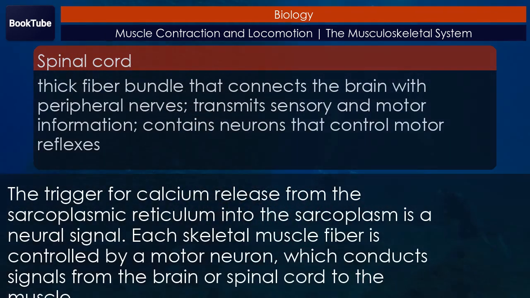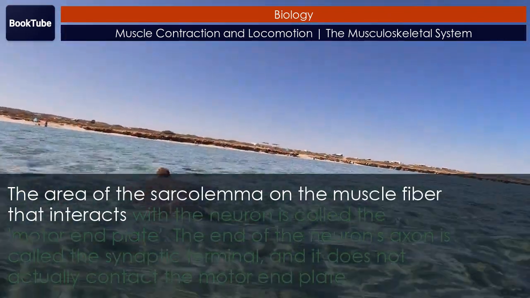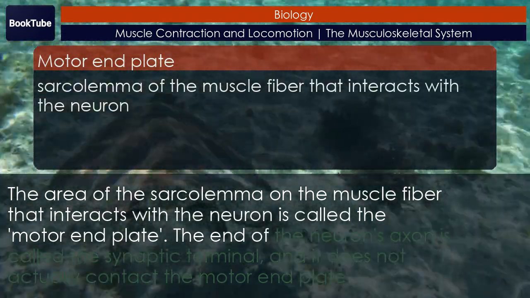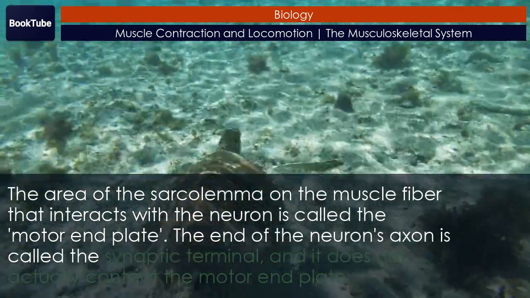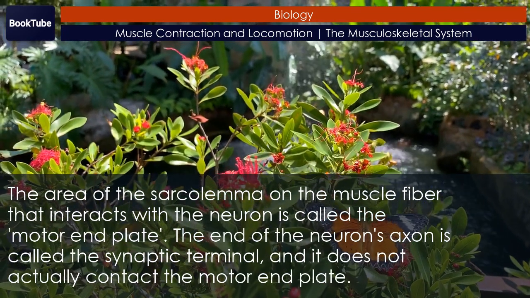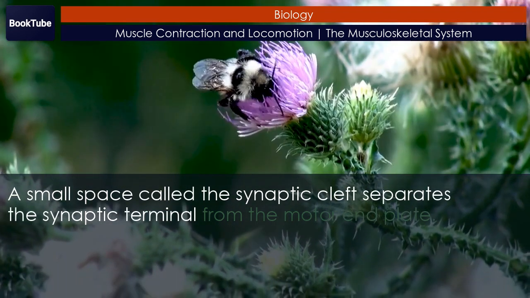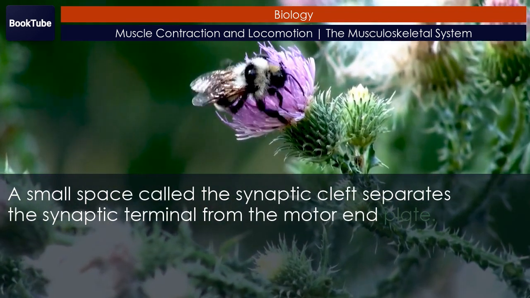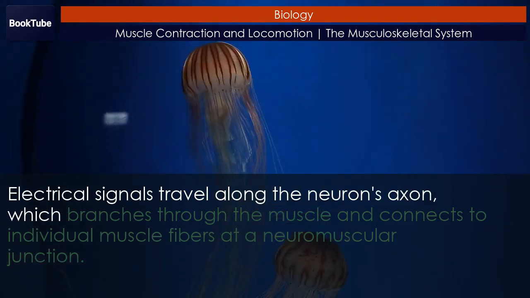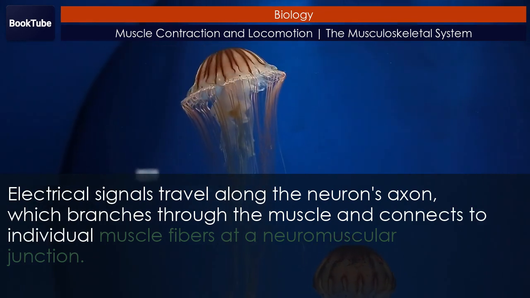the muscle. The area of the sarcolemma on the muscle fiber that interacts with the neuron is called the motor end plate. The end of the neuron's axon is called the synaptic terminal, and it does not actually contact the motor end plate. A small space called the synaptic cleft separates the synaptic terminal from the motor end plate. Electrical signals travel along the neuron's axon, which branches through the muscle and connects to individual muscle fibers at a